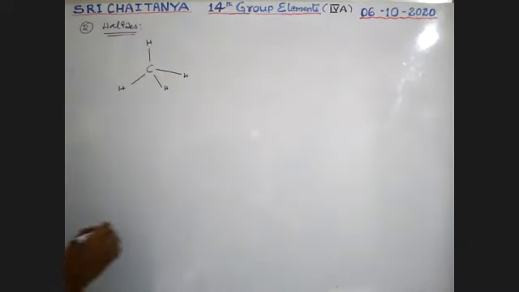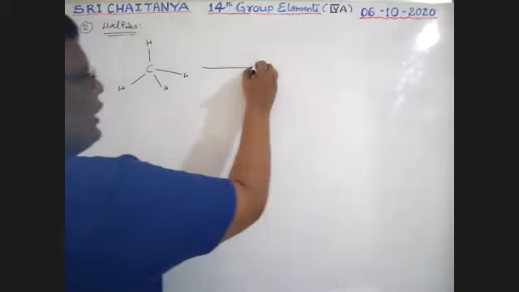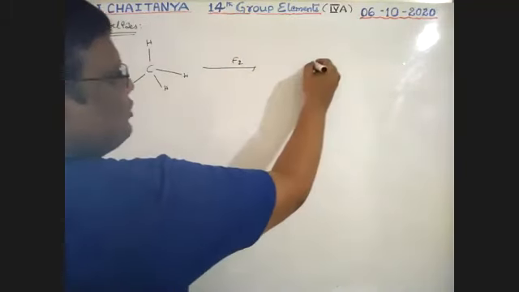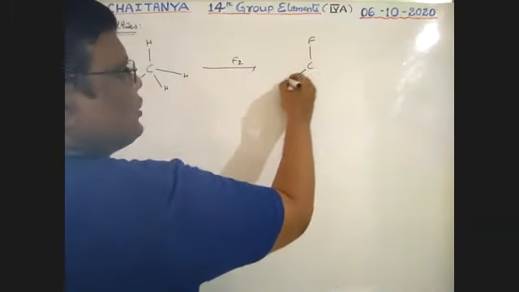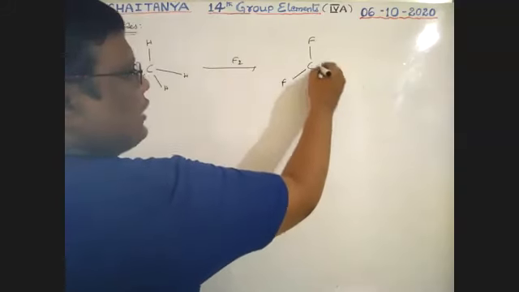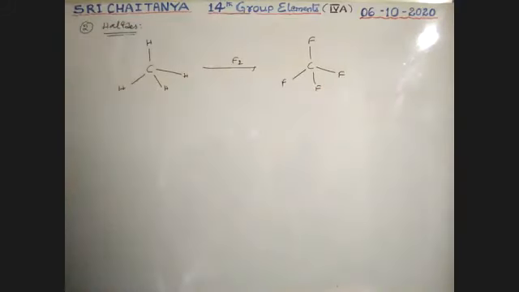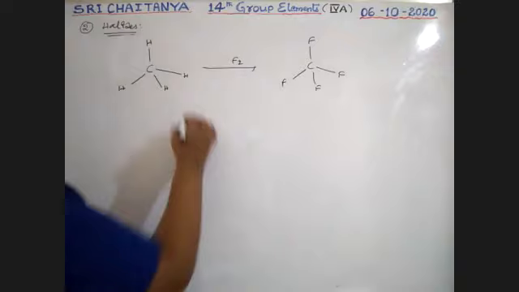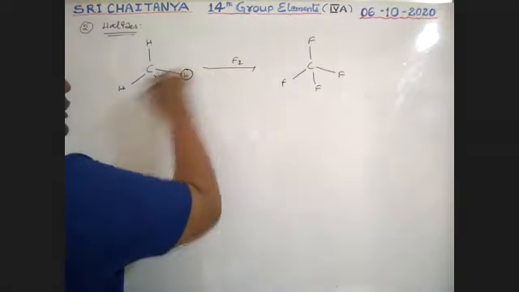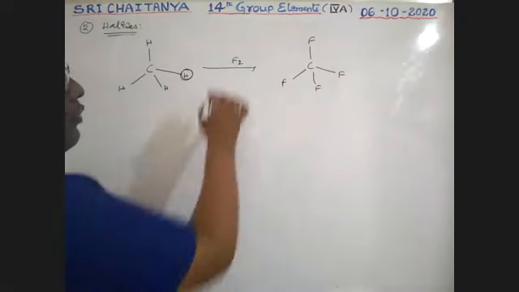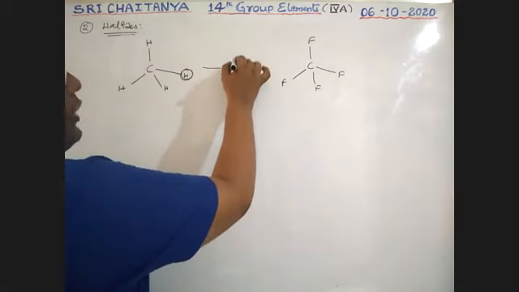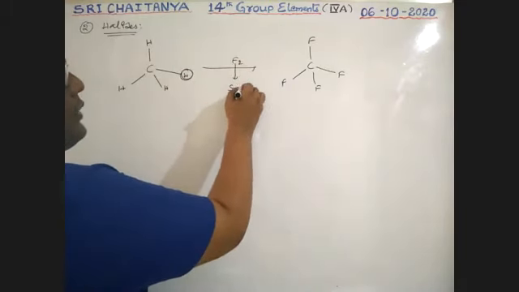This CH4 is treated with fluorine, that gives CF4 as the product. All those hydrogens are replaced with fluorine. See boys, here hydrogen is a small size atom and fluorine also is small size,